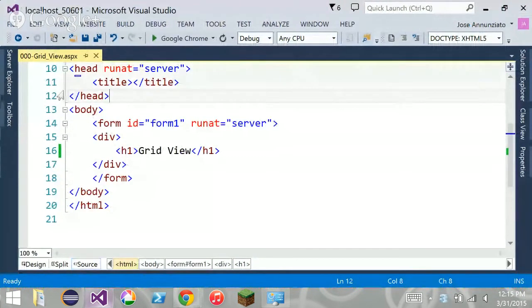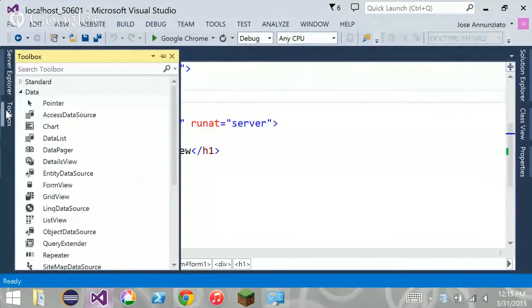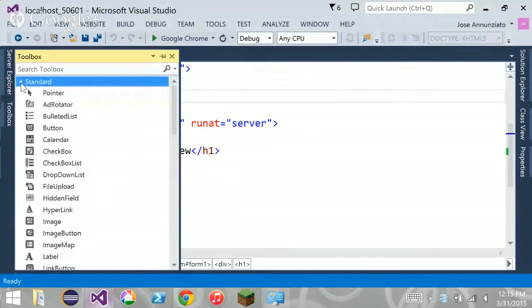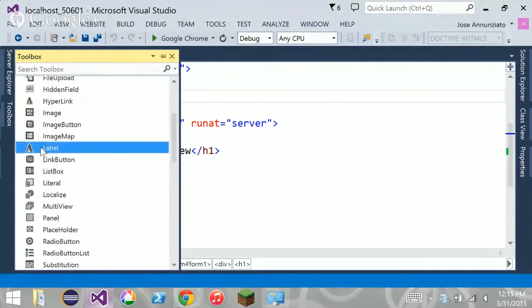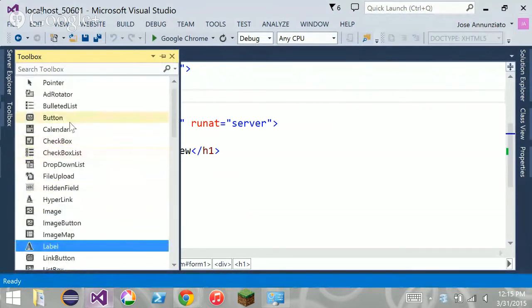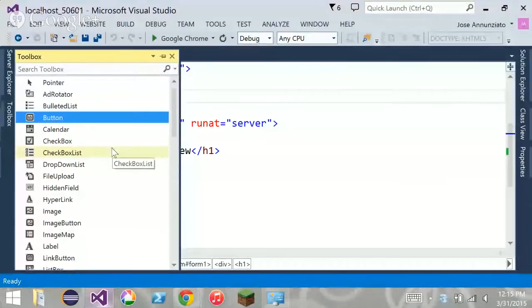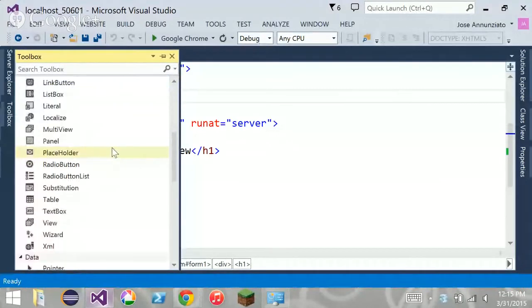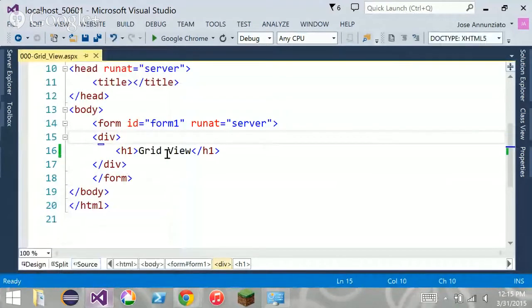you'll notice that on the left-hand side, I have this toolbox. This toolbox has a couple of things that we've already seen. For instance, in the standard section, last week we took a look at the label, ASP:label. Remember that? What else did we look at? We looked at the button, the ASP button. We looked at the text box. So these are all components that you can drag